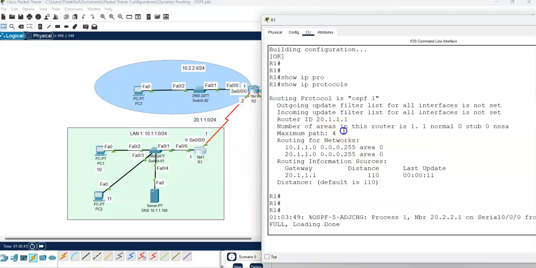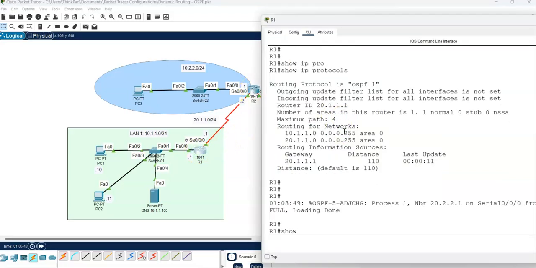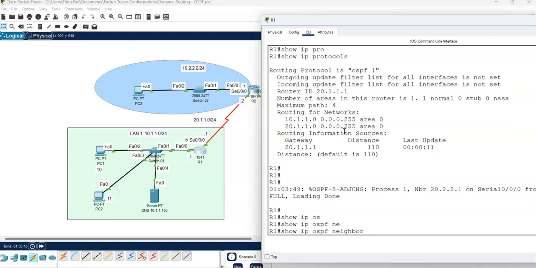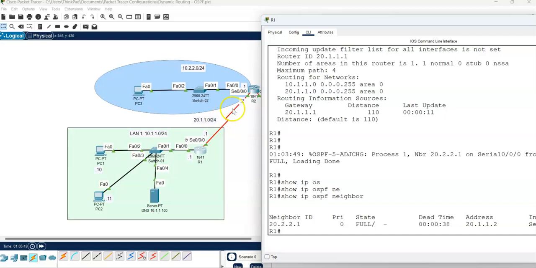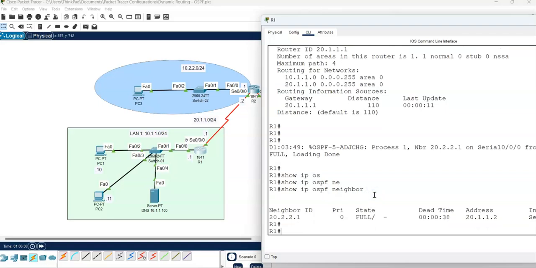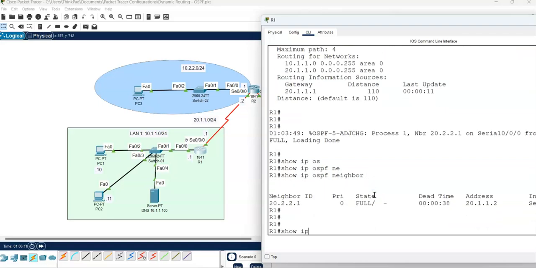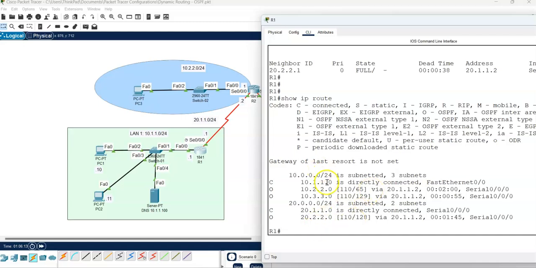So if I go to here and if I say show IP OSPF neighbors, then it says my neighbor is this router, 20.1.1.2, which is the IP, and my ID is this. The ID, it chooses the highest IP address, or if you have a loopback, it will use the loopback IP, unless you statically create a router ID in the OSPF configurations. So now if I say show IP route, you can see 10.3, which is actually far from us,